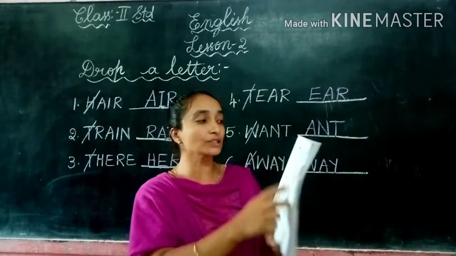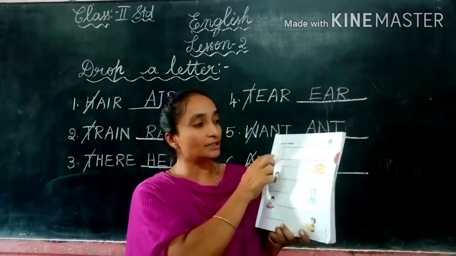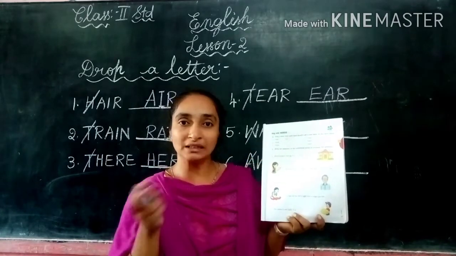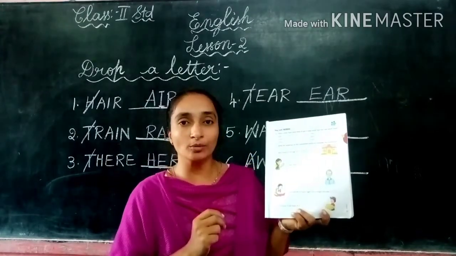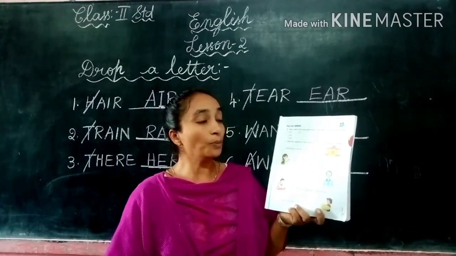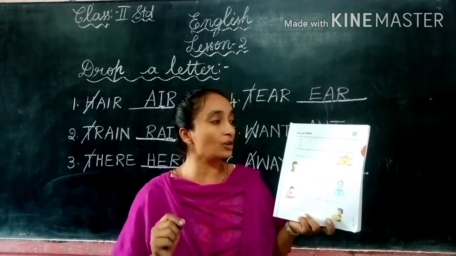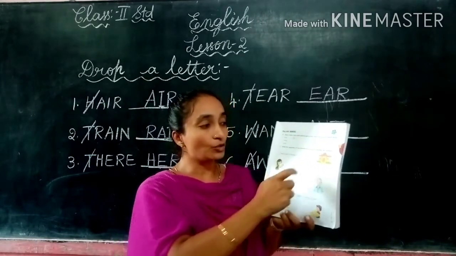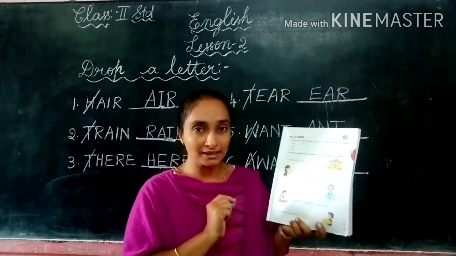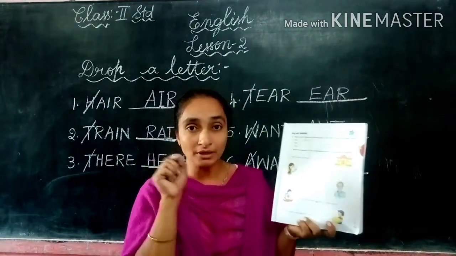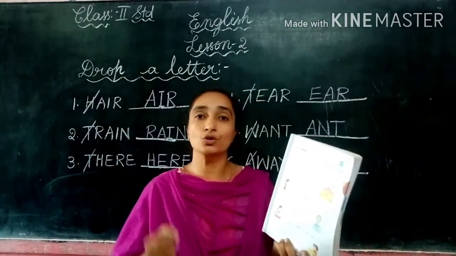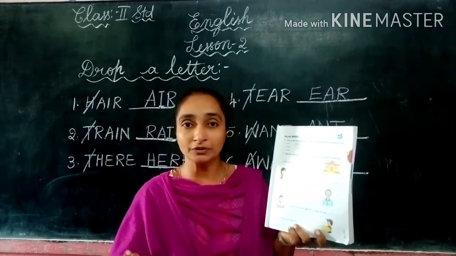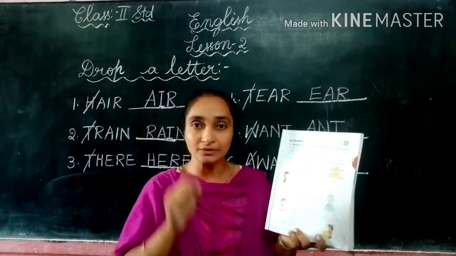So in our textbook, children, on page number 19, the first, the D Roman, has been completed, and let us go to the E Roman. Here we have opposites. Write the opposites of the underlined words to complete the sentence. So picture they have given there, blanks they have given here, and the underlined word also they have given. So we have to write the matching opposite word to the underlined word.